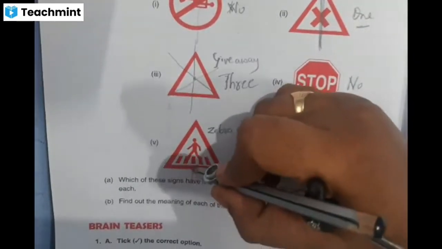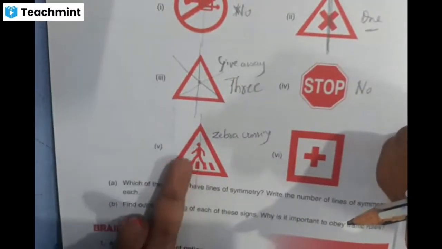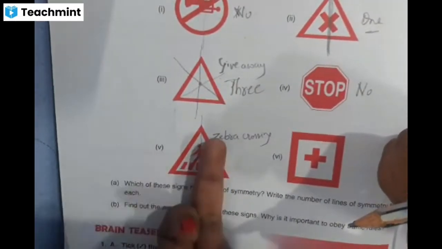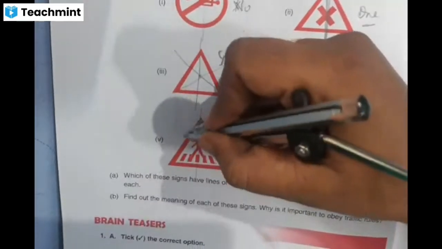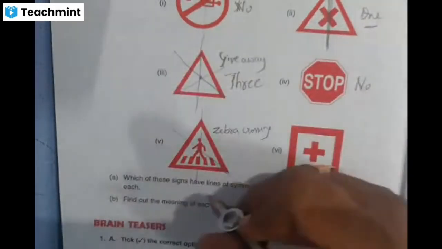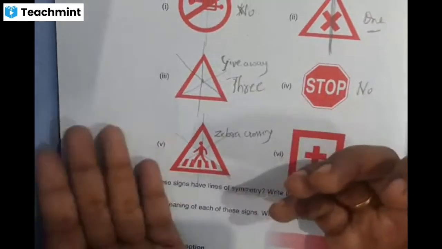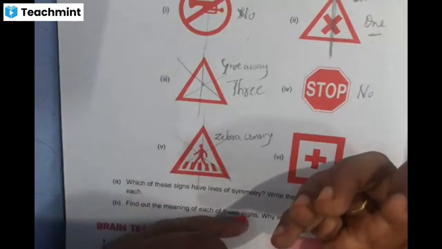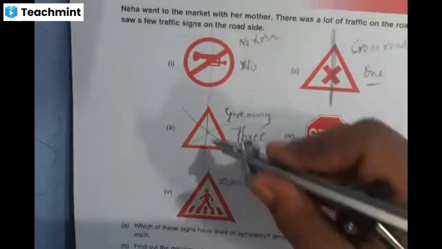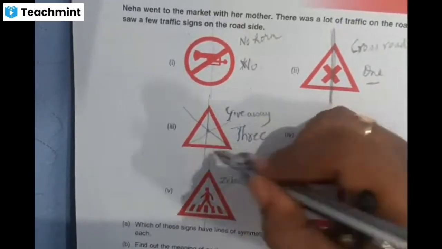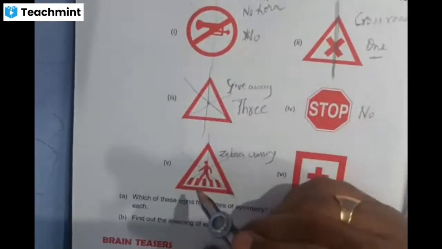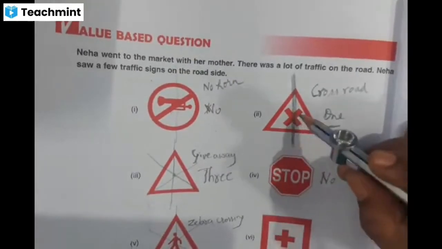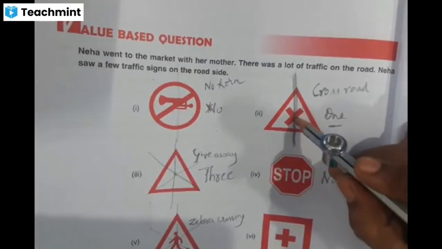If I draw the line in this way and fold it above the line, this part is not going to coincide. This picture is different and this picture is different. In this way, if I fold it, then also the same. In this way, then also you get different images, left side and right side. They are not coinciding. Here, not only the sides or the lines have to coincide, children, also the pictures have to coincide.